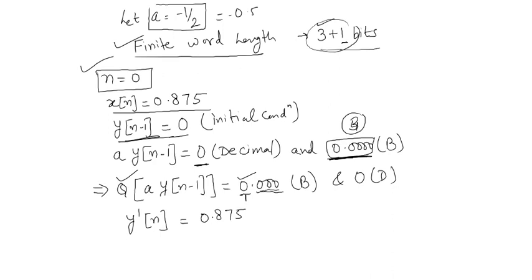Let's say that I am rounding off. The next bit is 0, so even if I round off, it will be simply 3 times 0, and in decimal also it will be simply 0. You may not understand why I wrote it like this, but this is very important in the coming case. We will see it in the next slide. So what will be the output, the modified output or quantized output? That is nothing but you add 0 plus this particular number, so you will get 0.875.